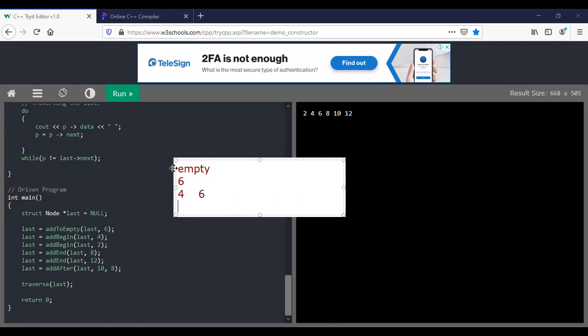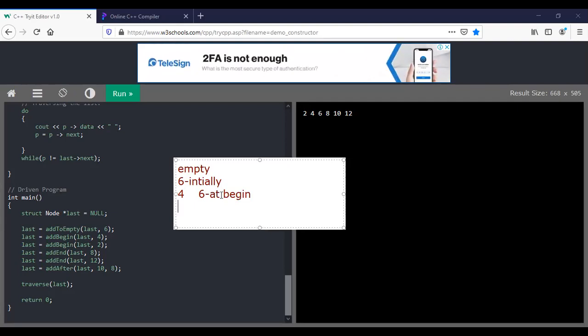Next one, add at begin. Again I am adding 2, which is also at the beginning. So what we are using for 2, 4, 6 is the add at begin method.